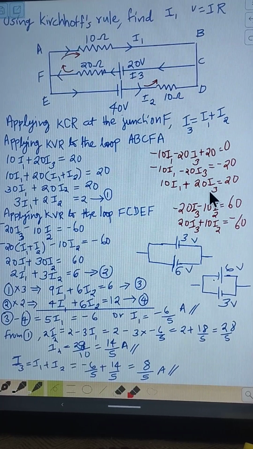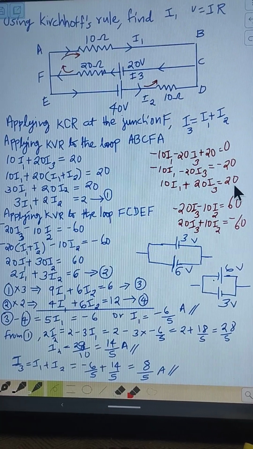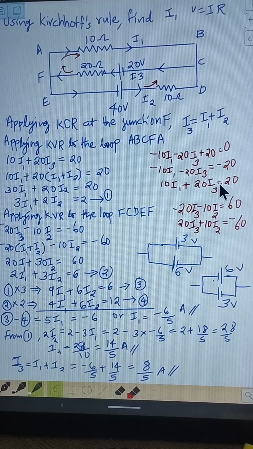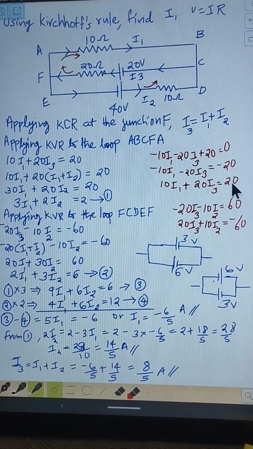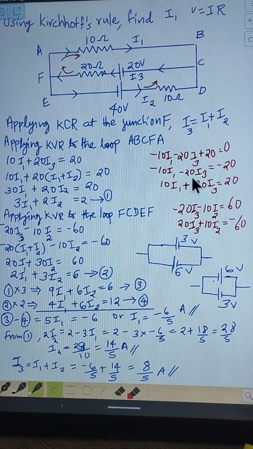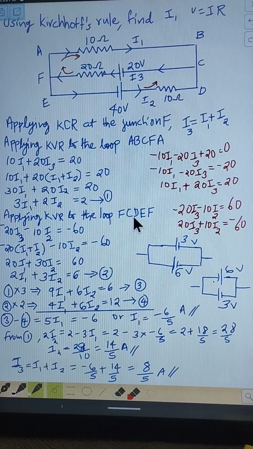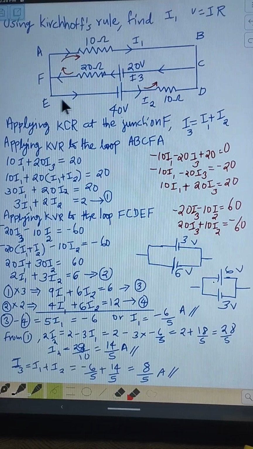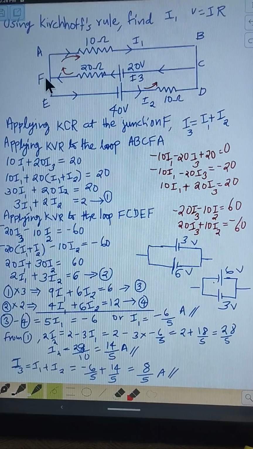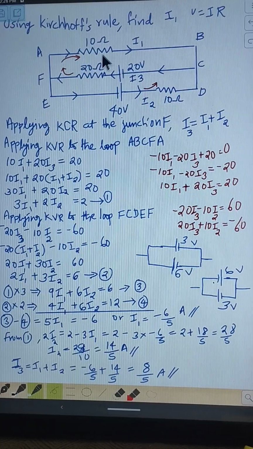Algebraic sum of potentials will be equal to the total EMF of that loop, means that is equal to the EMF of the cell included in that loop. Now considering the second loop, suppose we are considering this loop F, C, D, E, F. Suppose we prefer the clockwise direction, then all potentials created due to the currents flowing in the clockwise direction